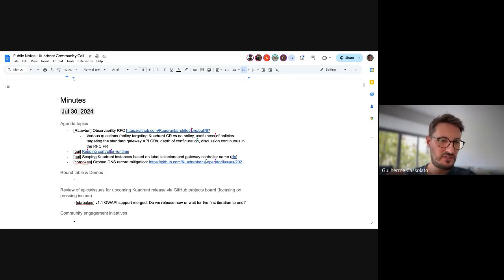But I want to reopen a little bit the conversation here after going back to the RFC that I mentioned, where we were proposing a way for scoping the universe of gateways in a cluster that an instance of Kuadrant should care about, right?